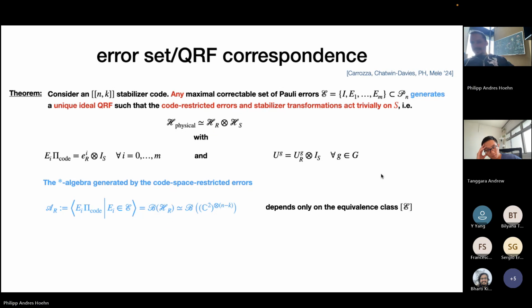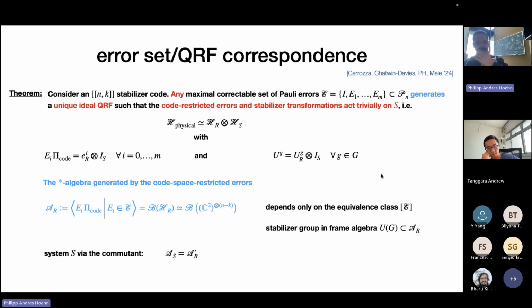And it turns out that this algebra only depends on the equivalence class of this error set. So you pick any maximal set of correctable errors that has the same span as the original set. It will define the same reference frame. That's the same statement. The other statement is that the stabilizer group is contained in this algebra. This is the origin of why it will only act on the frame part, because it's contained in the frame